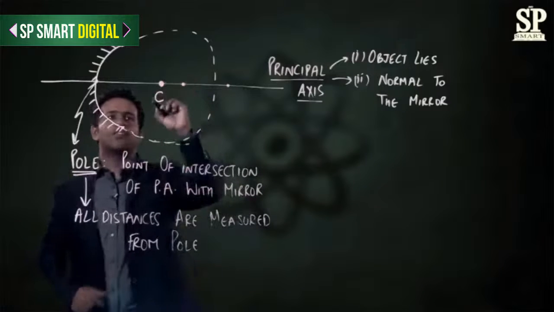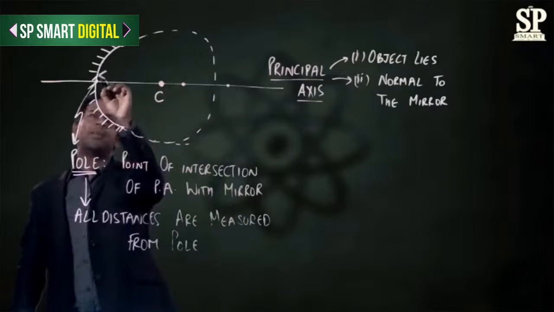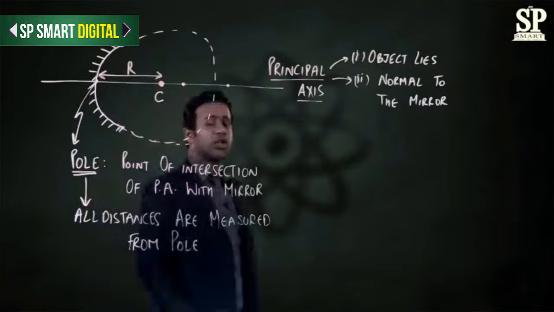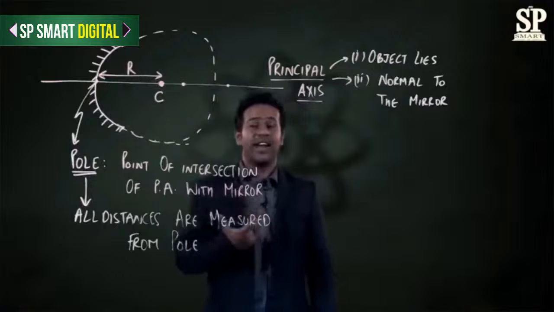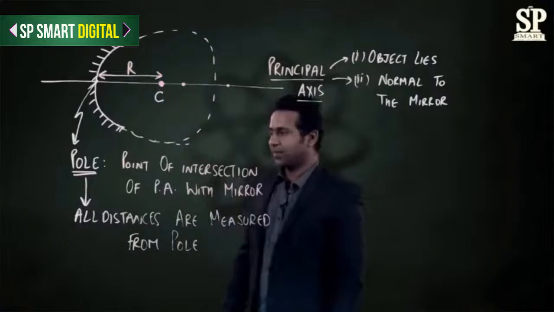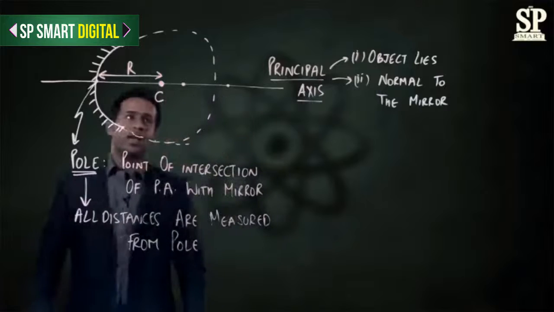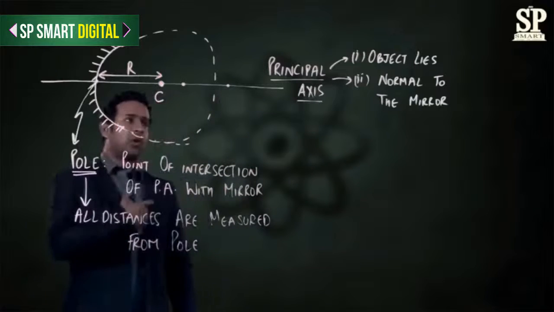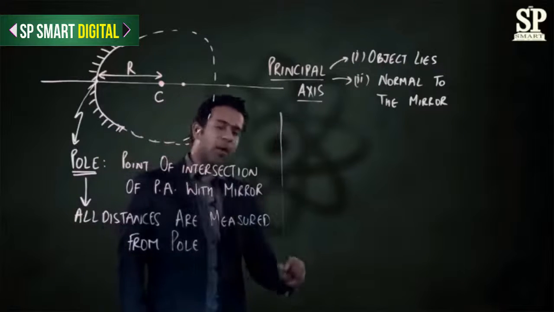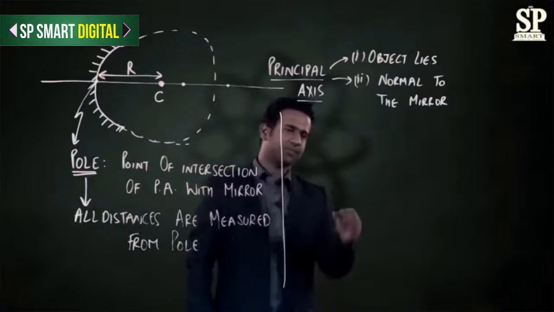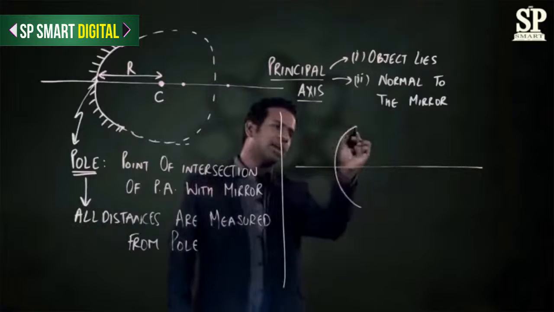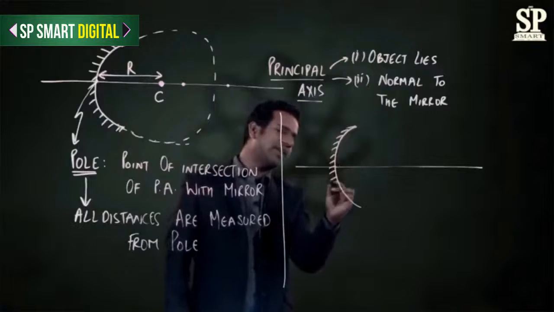And the distance of the center of curvature to the pole would be the radius of curvature, because the radius of curvature is the radius of the sphere of which this mirror is a part. Right. Now that we know about the principal axis and the pole, let us look at some of the properties for reflection. So, if this is a mirror and this is its polished side,